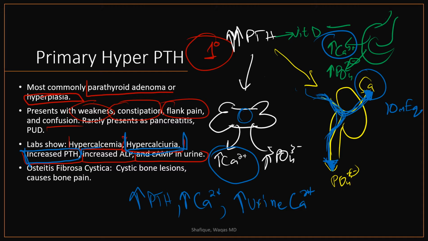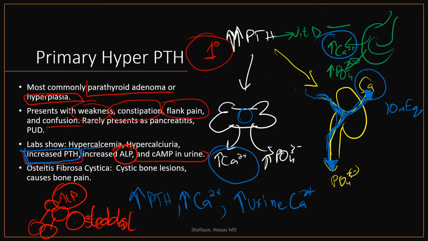You'll also have increased alkaline phosphatase. That's the ALP here, right? Alkaline phosphatases are a group of isoenzymes located in the outer layer of the cell membrane. They catalyze hydrolysis of organic phosphate esters present in the extracellular space. These alkaline phosphatases are present on the outside of the cellular membrane, especially in your osteoblasts,